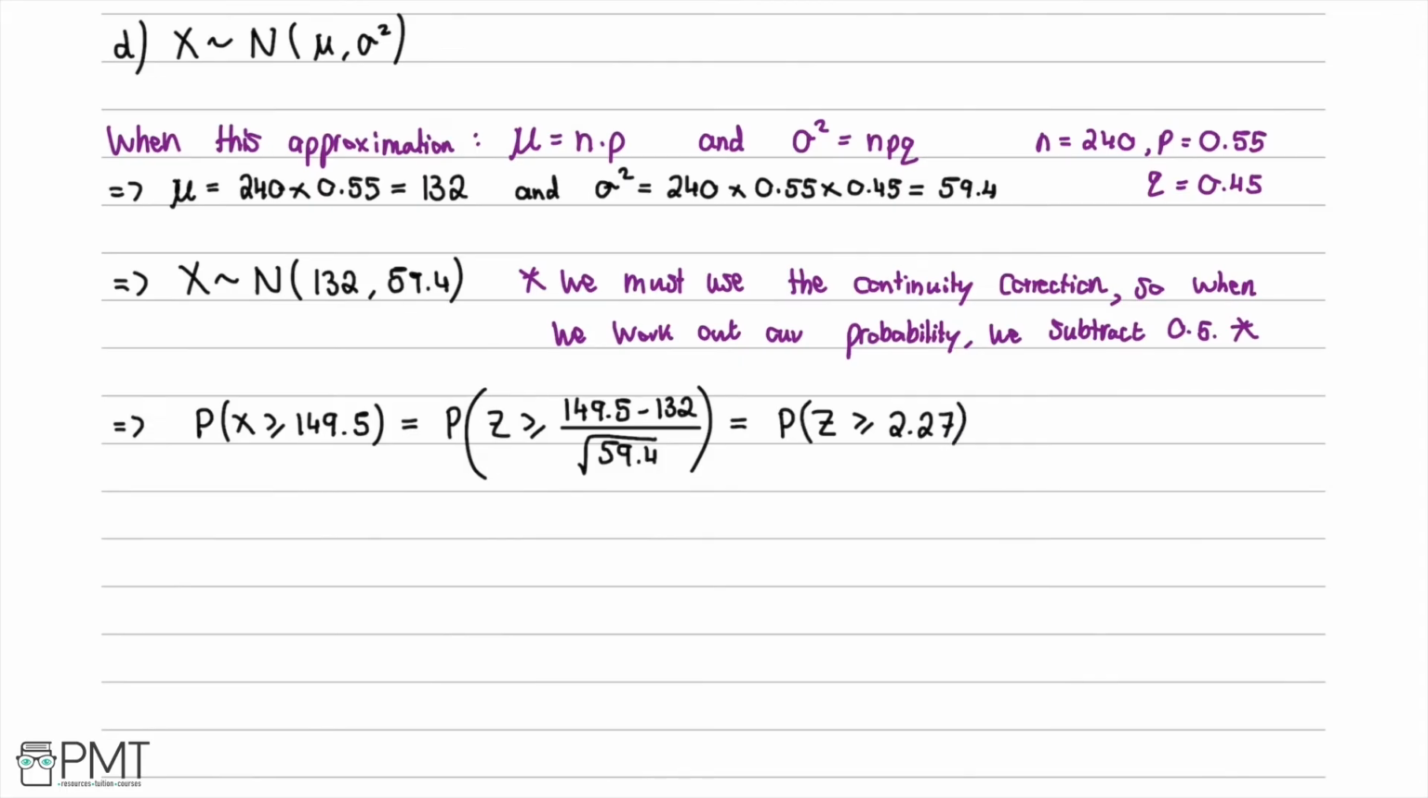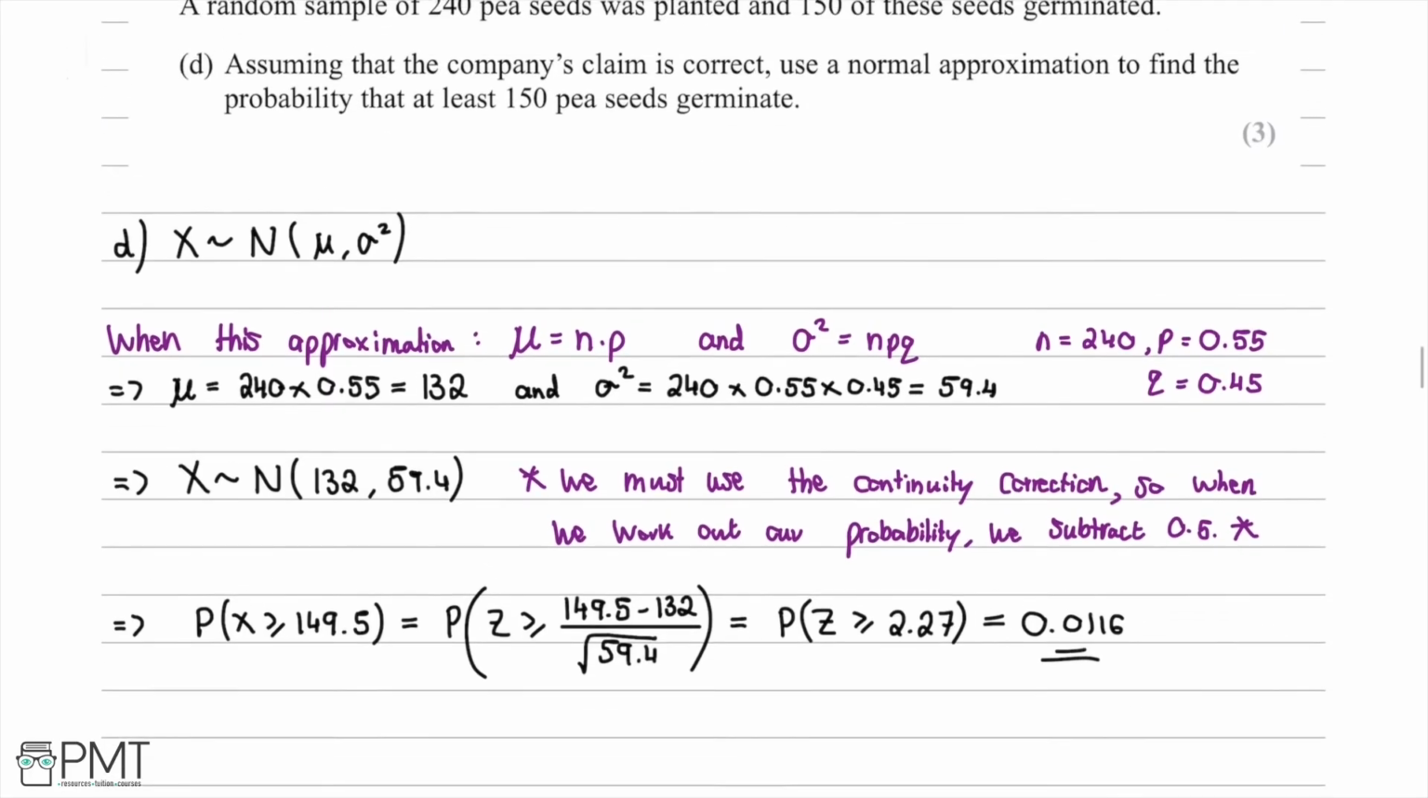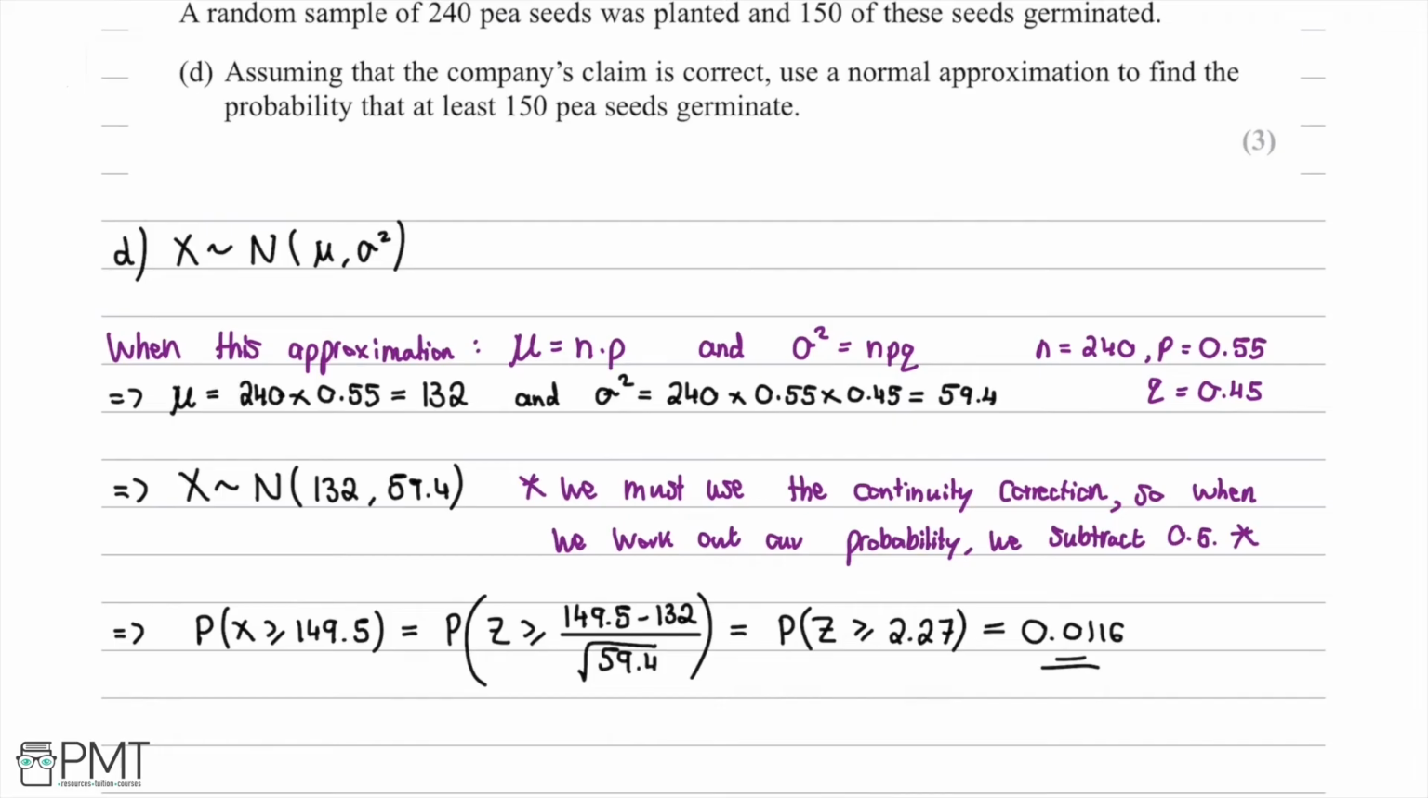And then we can use our calculator or check a normal distribution table. And we have that the answer to this is 0.0116 to 3 significant figures. And therefore we have completed the question, and we've worked out that the probability that at least 150 PCs germinate is going to be